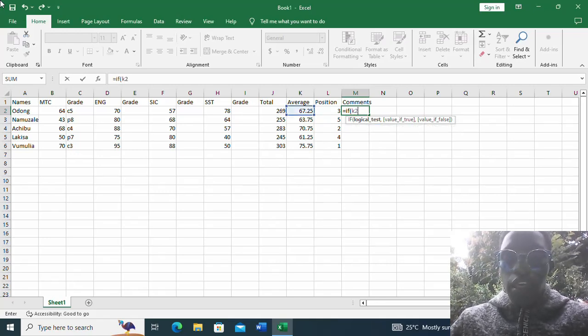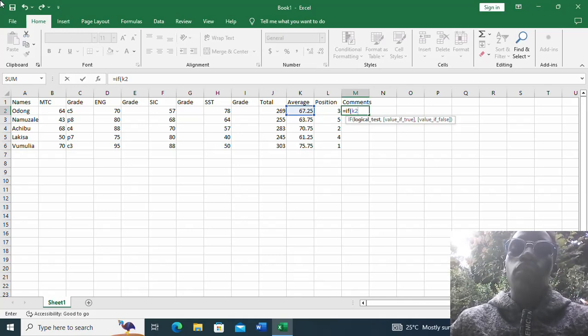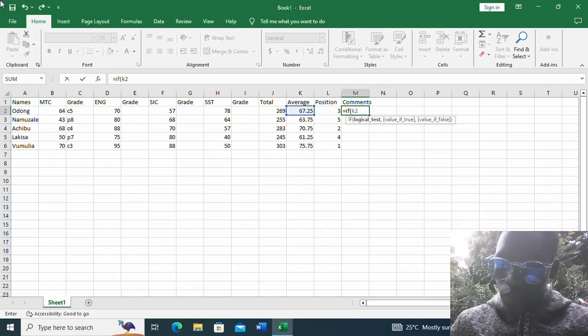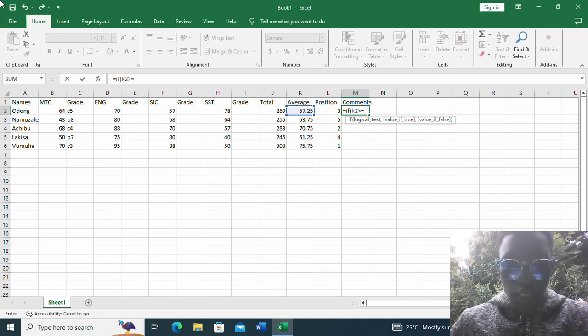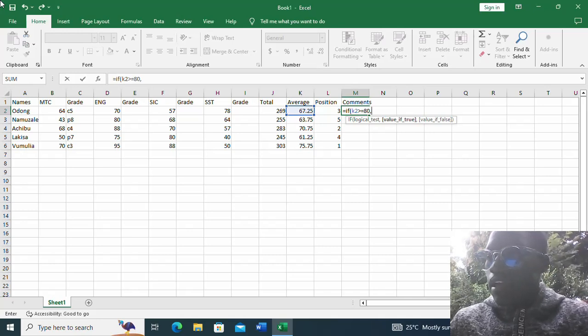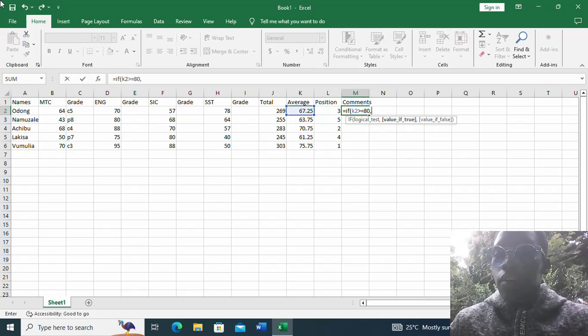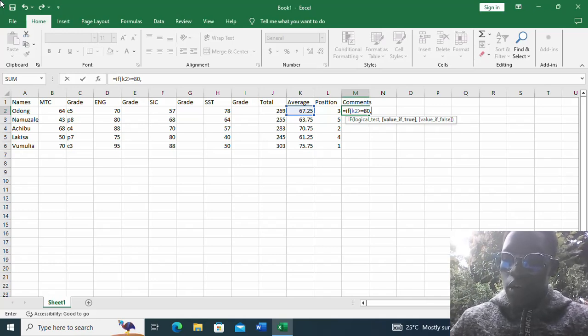Why are we using K2? To give comments on a student, you're going to find the average score of that student in all the marks. So it's going to be K2 greater than or equals to 80, comma. For instance, I have chosen that if someone has gotten 80 and above, the person should be given a comment of excellent,